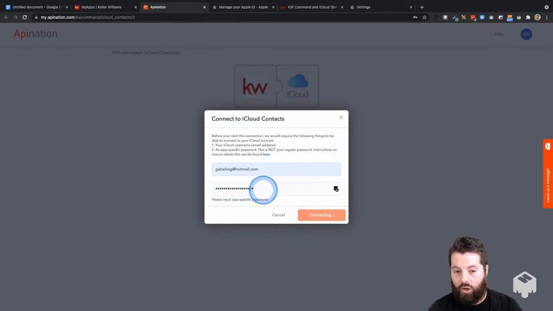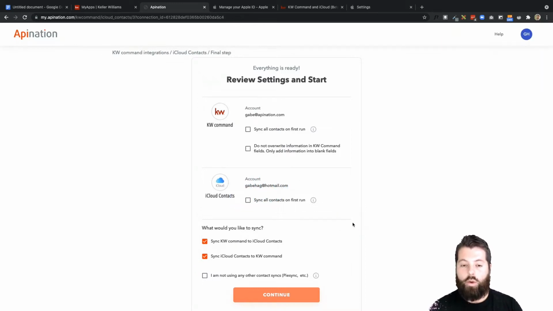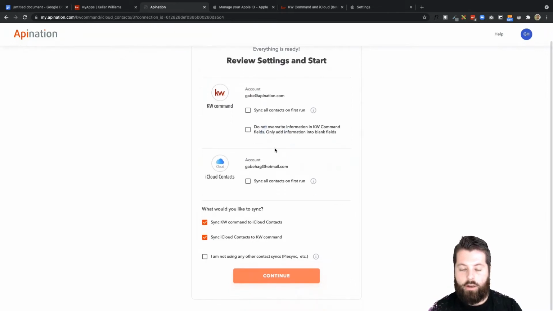Again, that is not your Apple ID password. That is the app-specific password we just created. Great. So we've almost created these workflows. There's a few options here just to configure before we create the workflows, and then we're going to have to